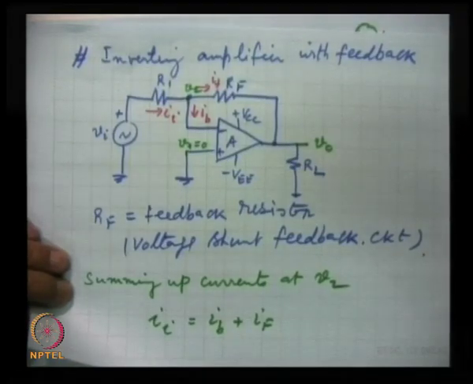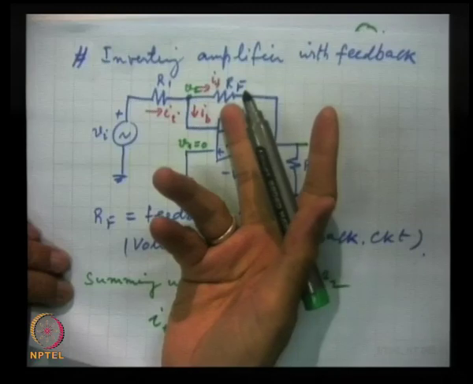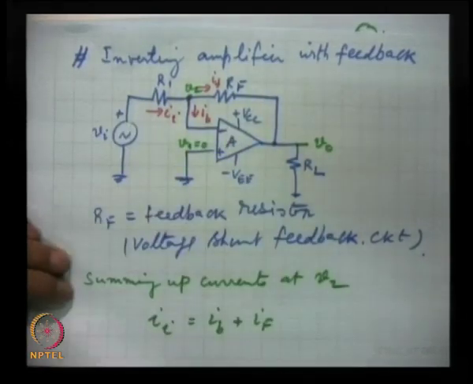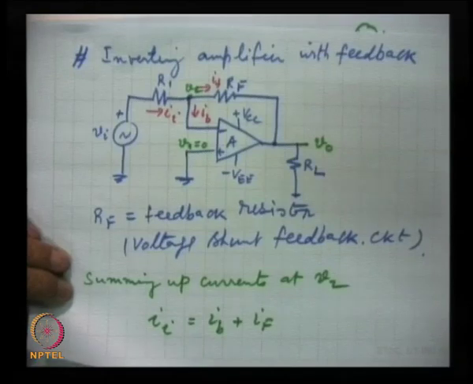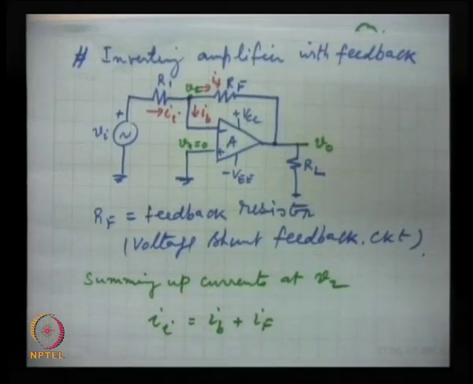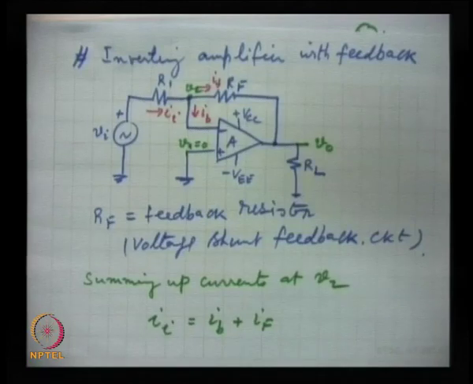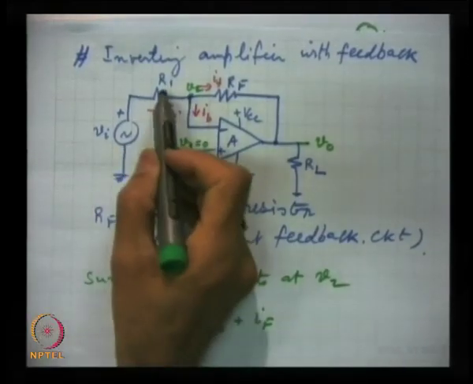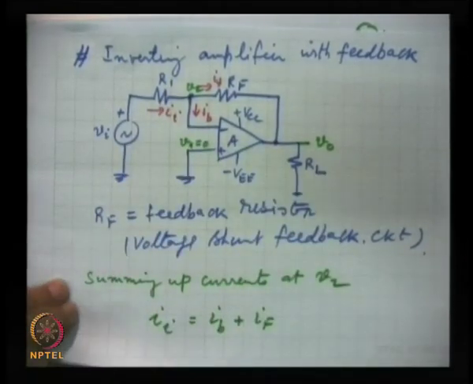If gain has to be 100, choose this 100k, this as 1k, the gain will be 100. How simple it is. You cannot think of any simpler amplifier in which you choose the gain; in others several parameters you will have to adjust and calculate. Here simply two resistances you have to take of appropriate value, RF and R1,